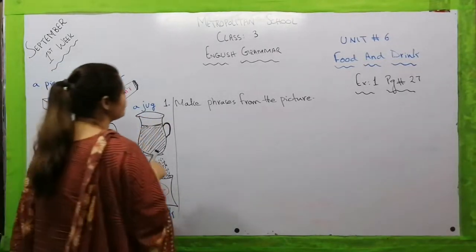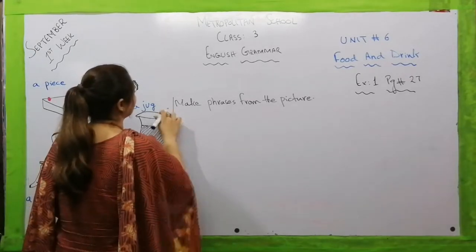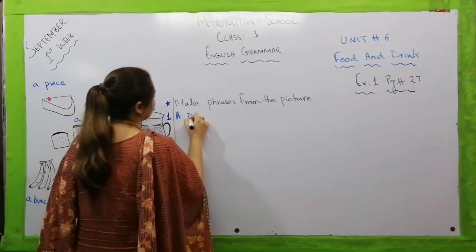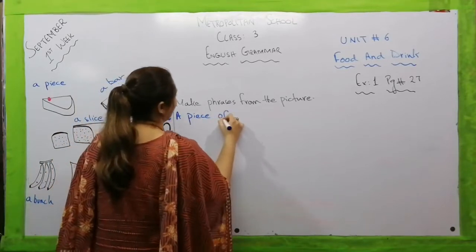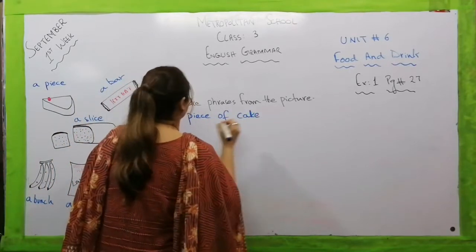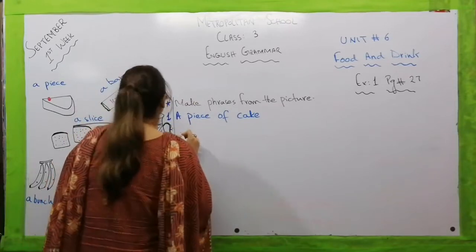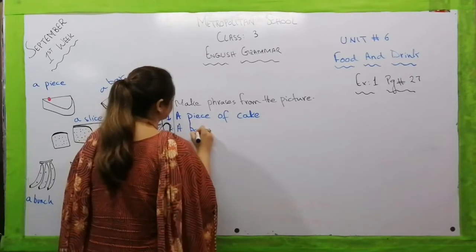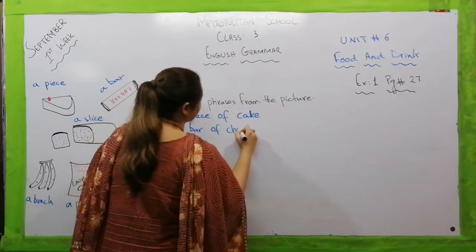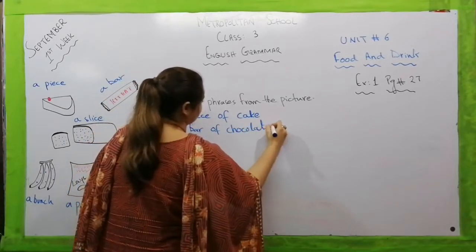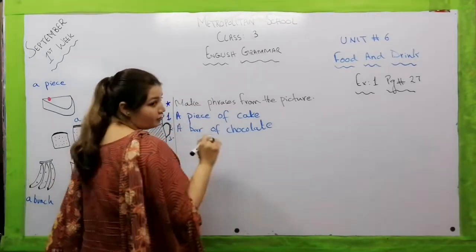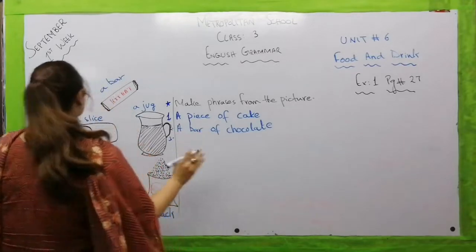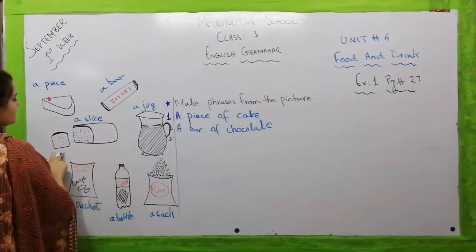So we are going to write here, the first one, a piece of cake. Let's move towards the next one, which is a bar of chocolate. Well, do you like chocolates? If you ask me, I am crazy about chocolates. Let's move towards the next picture. This is a slice